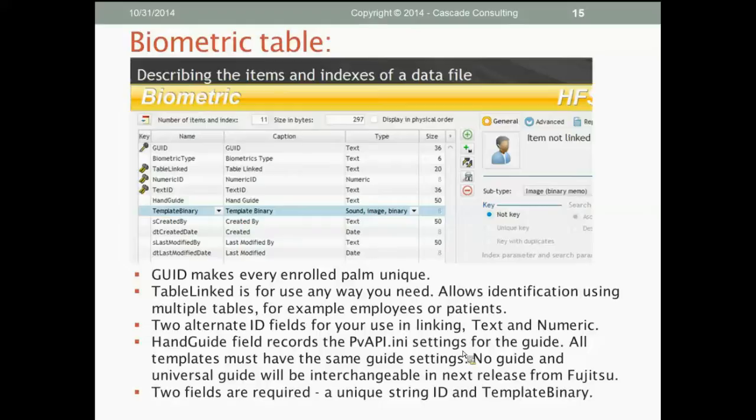That allows you to have left and right palms enrolled for the same ID. And the biometric type is in there because we also use this for finger scanning. But the table length is the key to the flexibility. So when you enroll, you say, I'm enrolling employees. You put the employee table that you want to reference in there and put in either a text ID or a numeric ID, whichever you need, or both. And then the hand guide references there because you have to